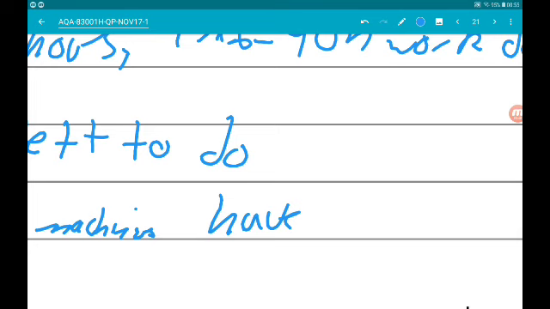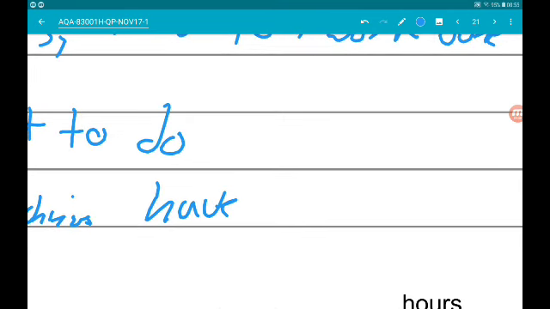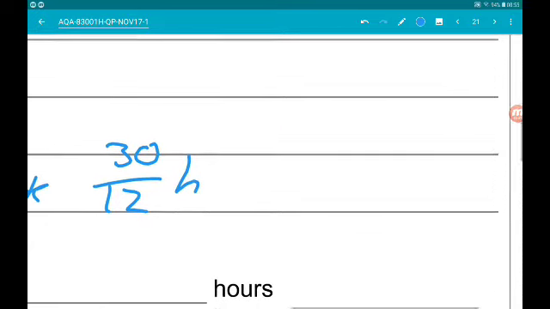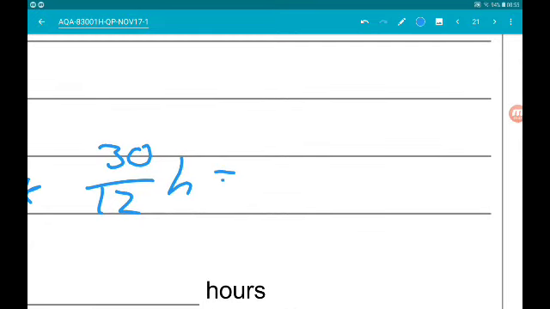So they have to work 30 divided by 12 hours more to complete the order. So 30 divided by 12 is 15 over 6, which is 5 over 2, which is